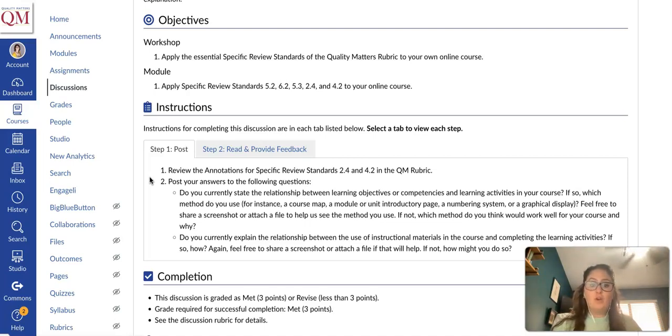So that's looking for, do you explain the relationship between the learning objectives, what students are going to be able to do when they are successful or complete your course or the module, and how those are connected to the learning activities. And activities in this case can either be graded or ungraded course activities, assessments, so that could be anything from discussions, written papers, quizzes, anything like that. So just explaining how doing this activity will help you be successful to meet those objectives